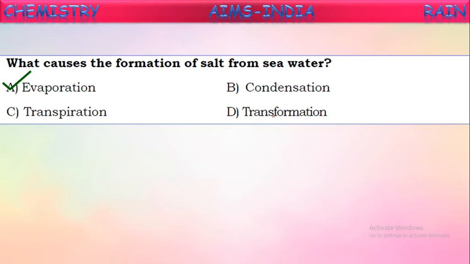What they actually do is separate some quantity of seawater into small meadows, and in these meadows the water slowly starts evaporating because of sunlight. After a few days, the water present in that meadow will be completely evaporated, and the salt remains. In that way, salt is separated from seawater by the process called evaporation.